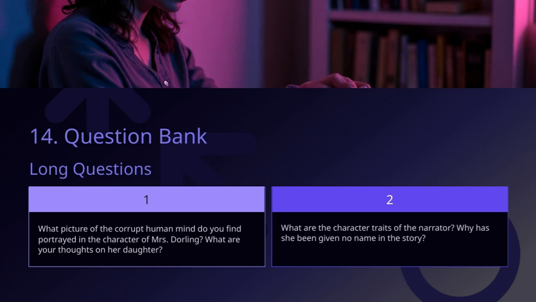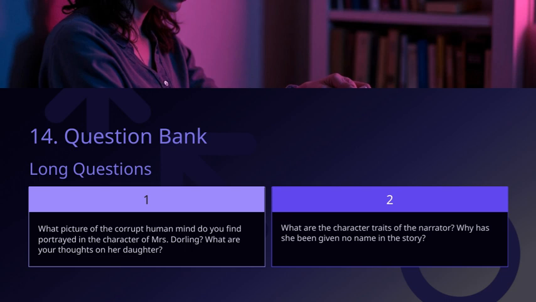As for her daughter, I think she might represent innocence or perhaps the next generation that could either be corrupted by this environment or potentially rise above it. Her character prompts us to consider the impact of such a corrupt setting on young minds and the possibility of change or resilience. Overall, these characters help us explore the broader themes of morality, human weakness, and the complex nature of good and evil in society. They challenge us to reflect on our own perceptions and the ways in which corruption can subtly or overtly influence us all.